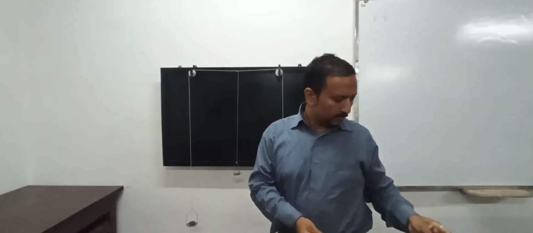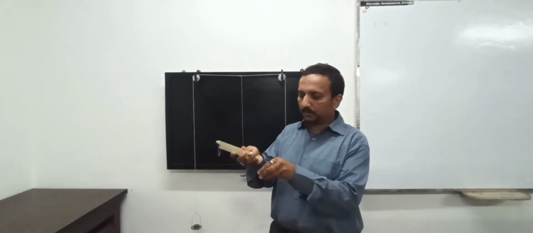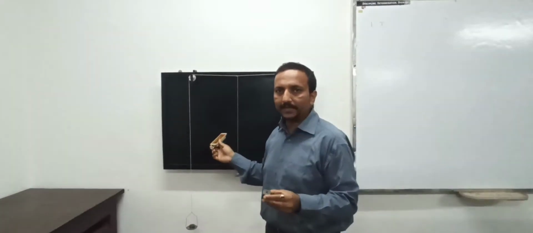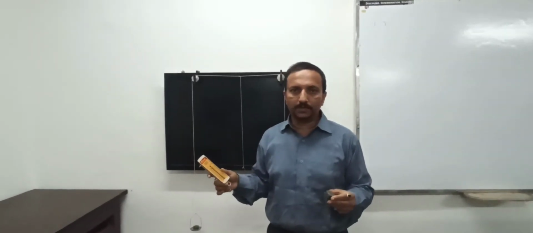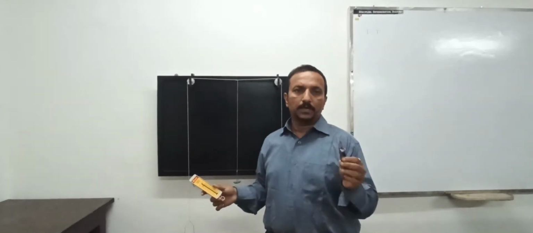After that we have one spring balance also. With the spring balance, we can verify the unknown weight and see how much error is involved. Further we have a scale, not actually half meter, it is a 1 foot scale. It is sufficient for this particular experiment. And then we have a pencil, and at last we have a compass.